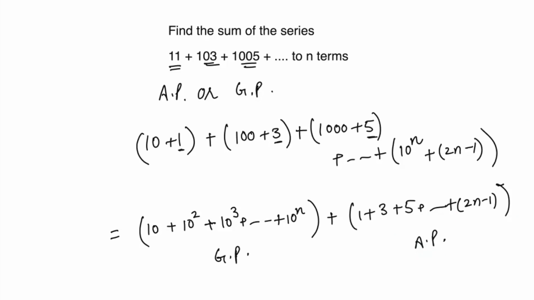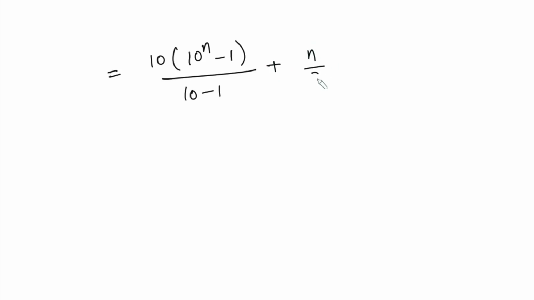So for the first one, we will apply the sum of GP formula. For the second one, we'll apply the sum of AP formula. Applying the sum of GP formula, we get a, which is 10, r raised to the power n, which is 10 to the power n, minus 1 over 10 minus 1, plus for the sum of AP, n over 2, first term